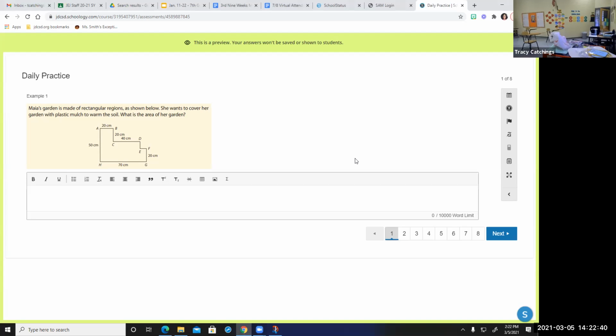To be first, a problem with you on area. In this area problem, we have to break apart the shapes. So in this shape,